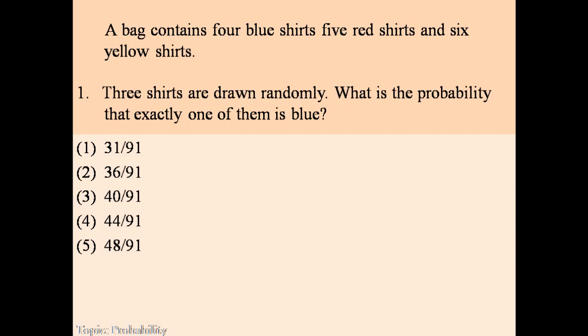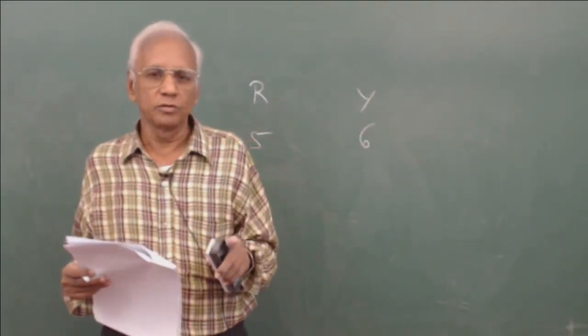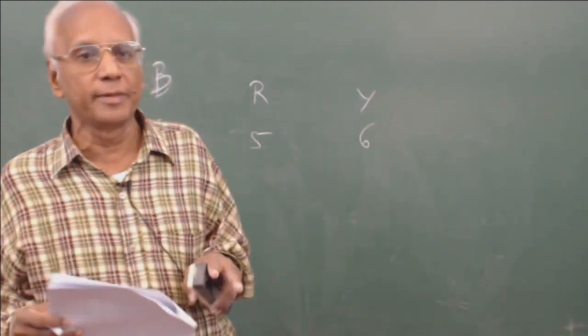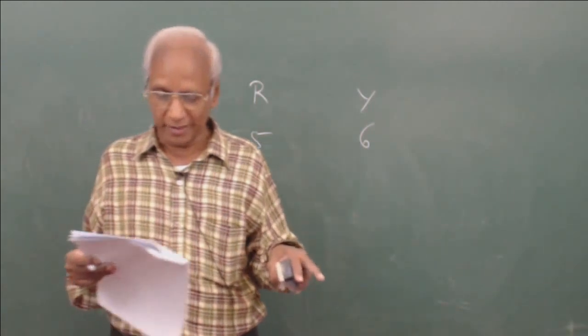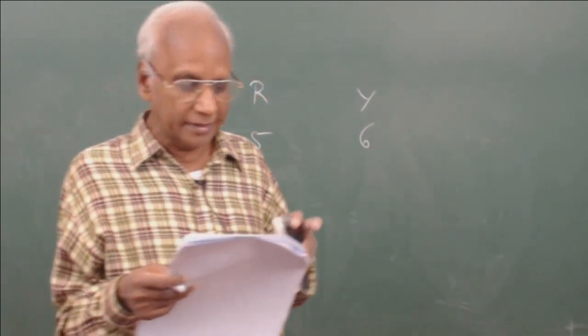Now the question is, what is the probability, I mean, what are the chances that exactly one of them is blue? So we are interested in at least one out of the 3 should become blue. The other 2, at least one only we say. That means all the 3 may be blue, 2 of them may be blue, one other may be red or yellow, or only one is blue. All the 3 possibilities are required here. We are thinking of only exactly one. What is the probability that exactly one of them is blue?